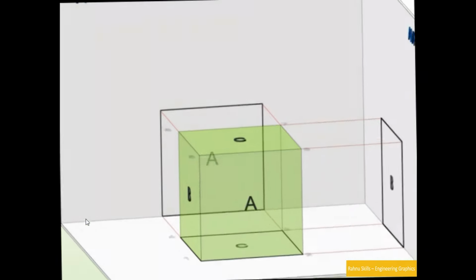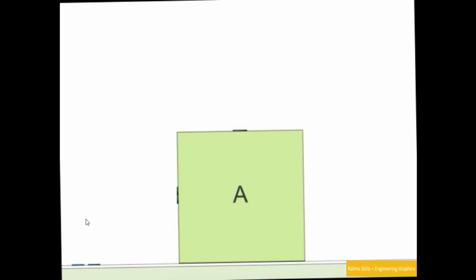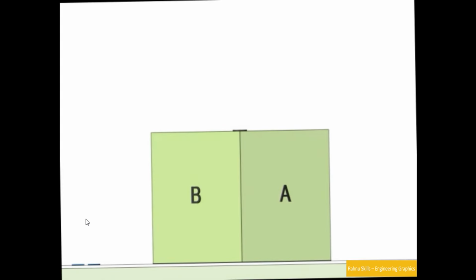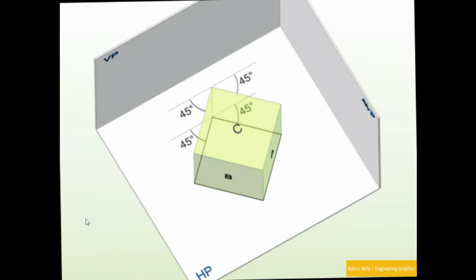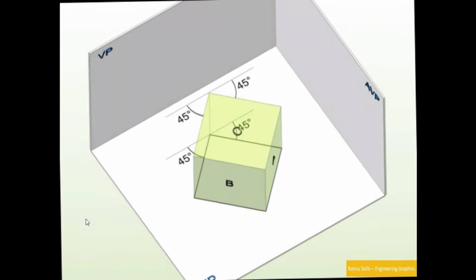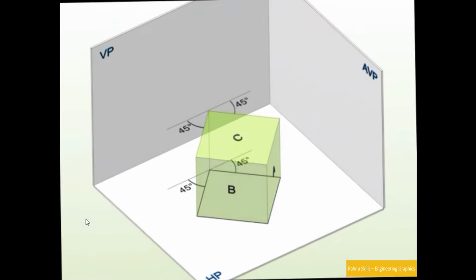Now to make the isometric object, this was the orthography, means we have the three views, front view, top view, side view separate. But to make it in isometric views, isometric drawings, we need one diagram in which all the views, front, top and side, should be visible. So to obtain the isometric view, for the same 3D object, we rotate it like this so that front view and side view should be visible. Vertical height will be parallel to your eyes. We can say we have tilted at 45 degree to the VP.